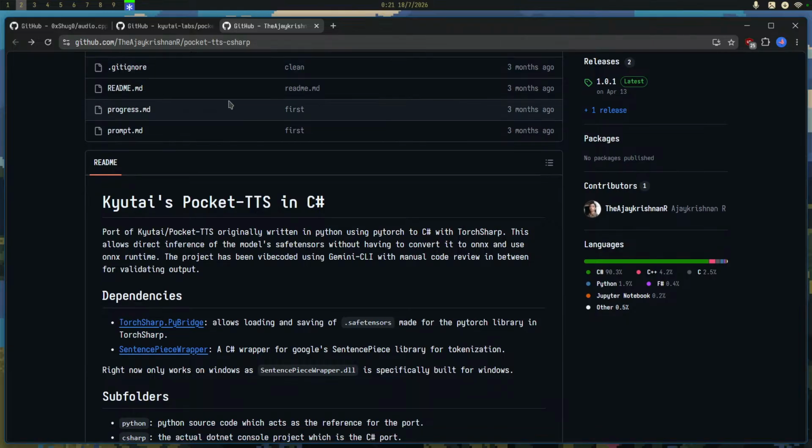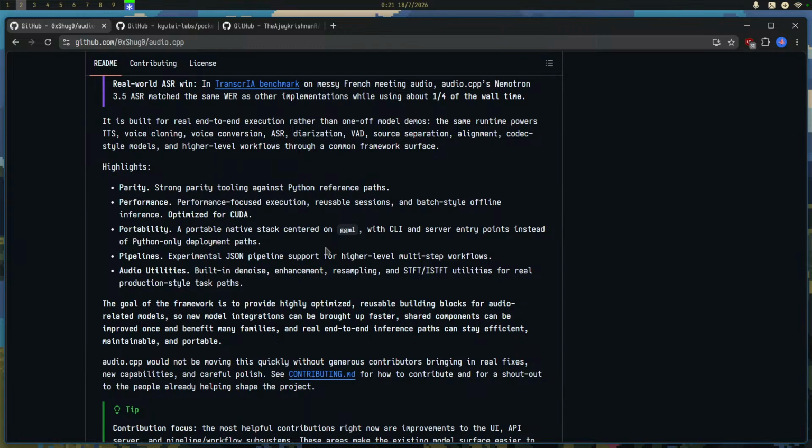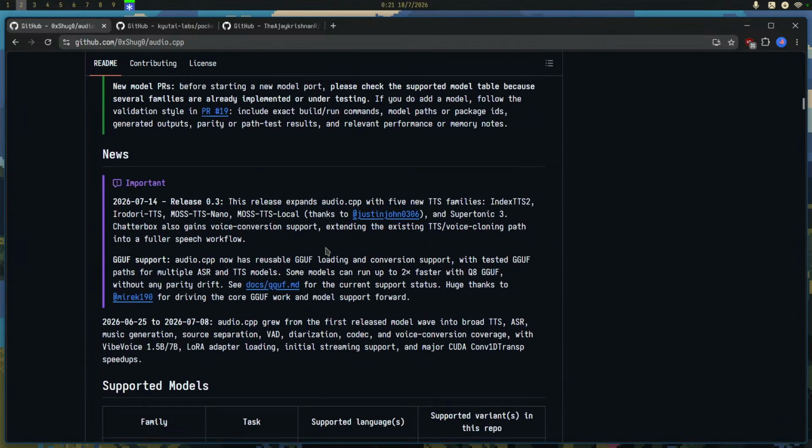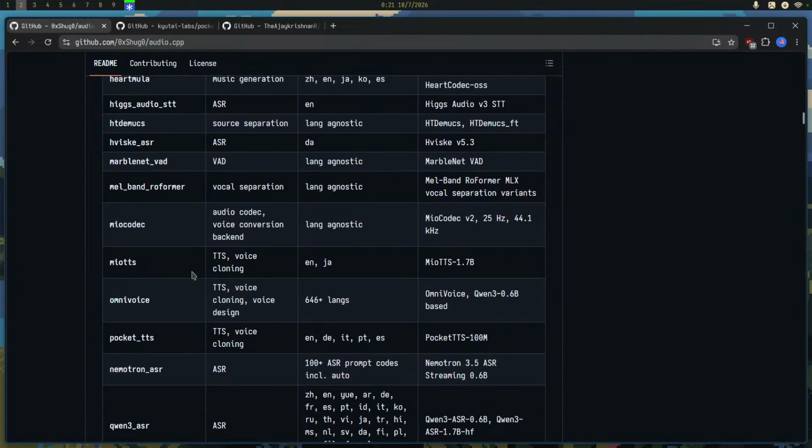But what I want to do today is look at this audio.cpp, which also has a Pocket TTS inferencer. There are lots of models that they support. As you can see, they support Pocket TTS, TTS and voice cloning, in fact.